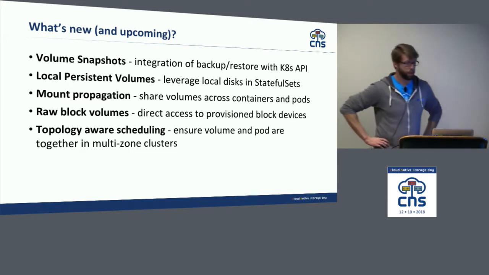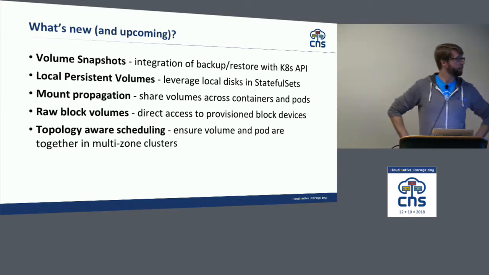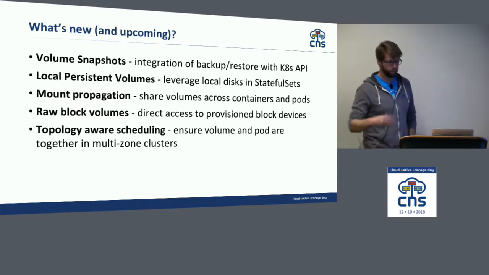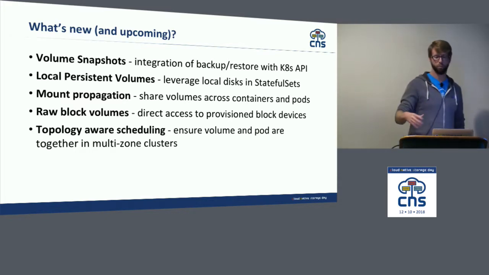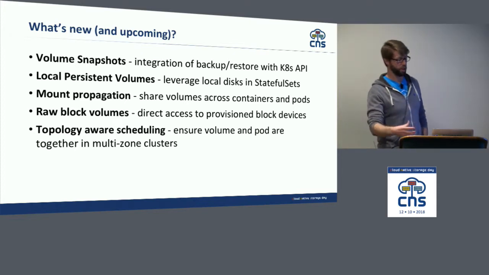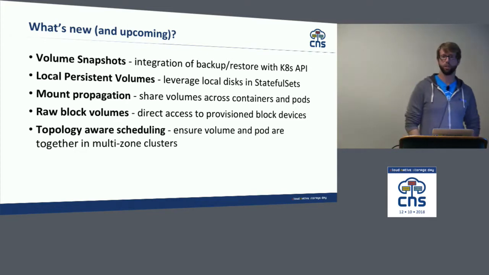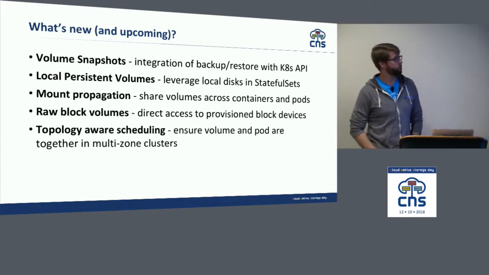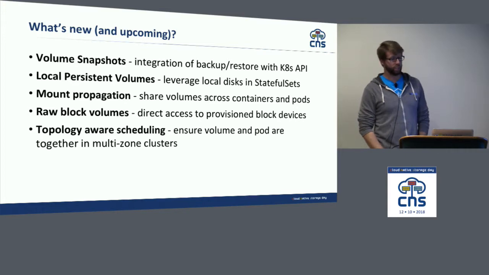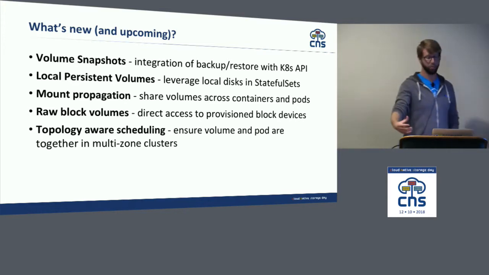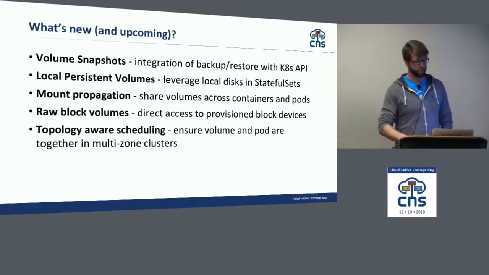Local persistent volumes are pretty neat because this gives Kubernetes the smarts to manage entire disks now. If you had a stateful set, you would normally before have to use some volume claim or some dynamically provisioned volume as the underlying storage. Now we have the machinery to use an entire disk. So distributed storage systems like Gluster or Ceph, that are smart about managing disks and building a distributed storage solution out of those disks, now have that building block to directly use the entire disks.